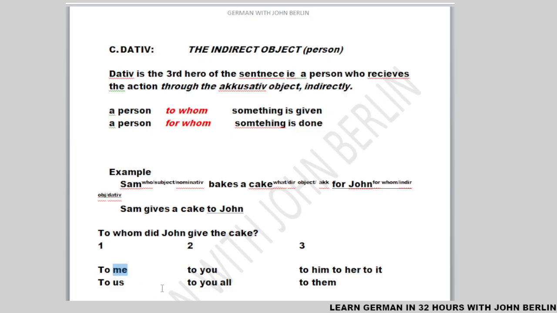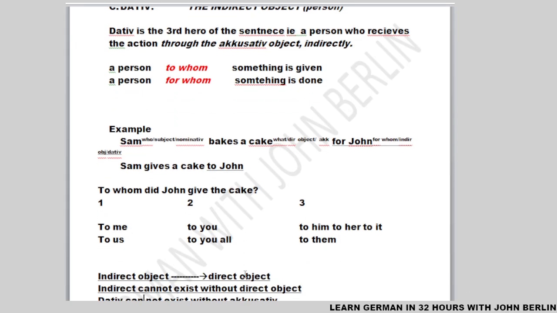Another pronoun. In German, you'll find, however, we have a particular pronoun assigned for this. That means in German, there'll be an extra pronoun which will be taking place for to me, to you, to him, to her, to it, etc. So we'll be looking at all of these pronouns in the next few lessons,